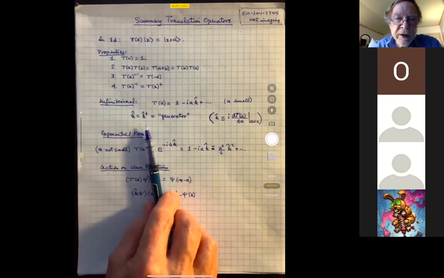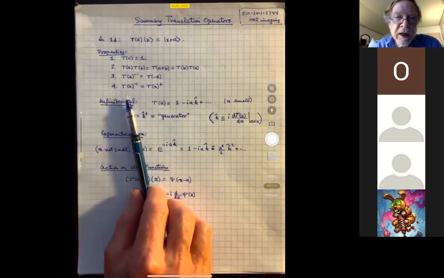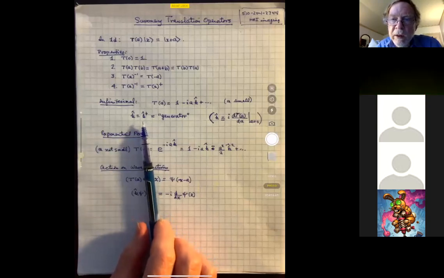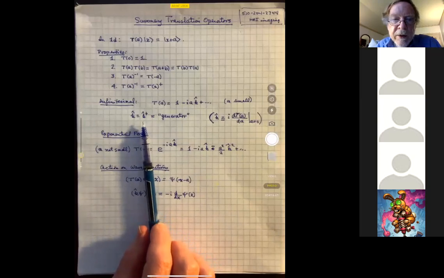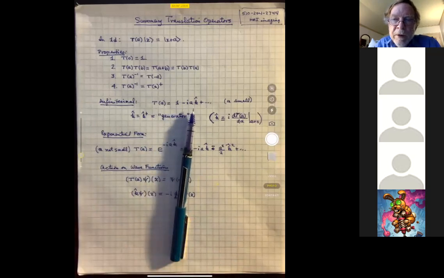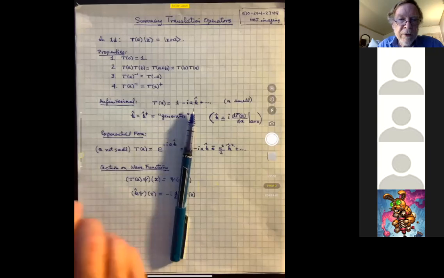The fact that K is Hermitian follows from the fact that the T operators are unitary. We call K the generator. Was there a question? We call K the generator of the translations because it gives the small correction needed in order to specify an infinitesimal translation. And we rely on the fact that finite operations, translations in this case, can be built up out of large numbers of infinitesimal ones. This is a common strategy, or a common way of thinking about continuous symmetries. We'll see it again in this course later on. But in any case, for that reason, the K is considered the generator of the